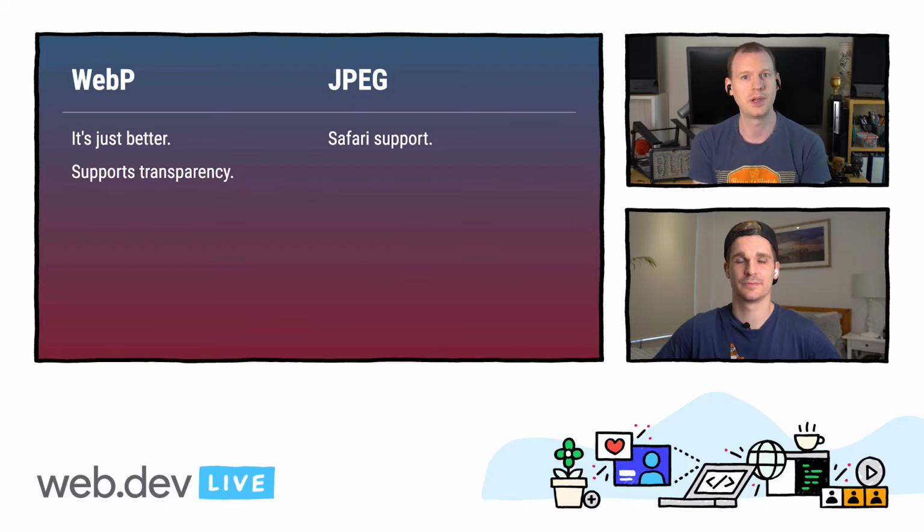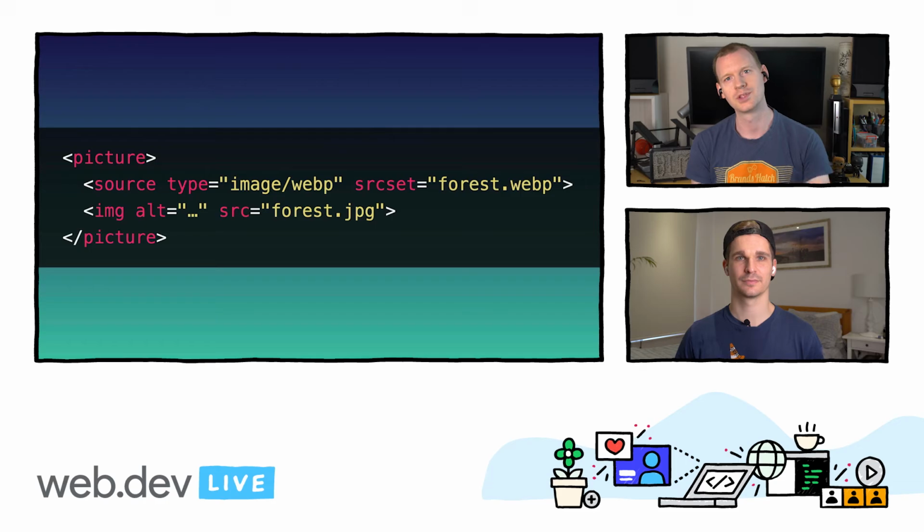We can still use WebP for browsers that support it. This is the picture element. So we're serving WebP for browsers that support it and falling back to JPEG for Safari and older browsers. There are also client hints to do it on the server side. I'm not going to go into it. I'll put some links for that if that's what you want to do.